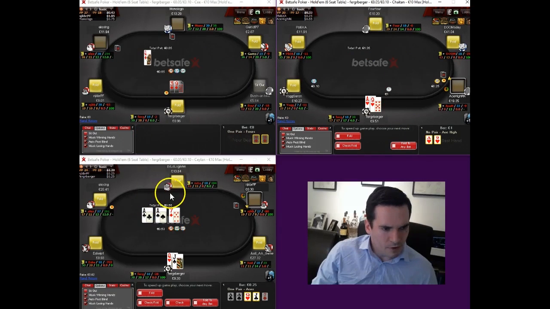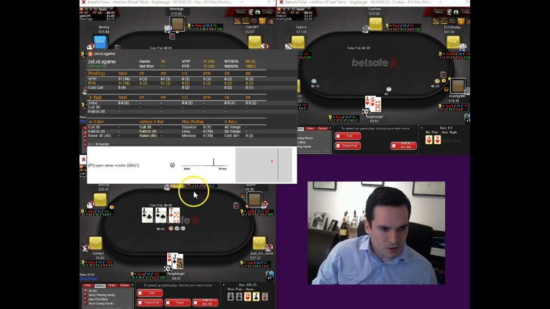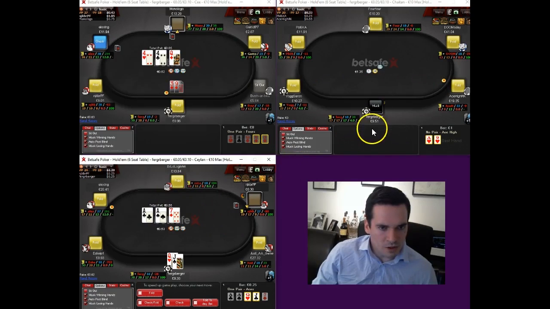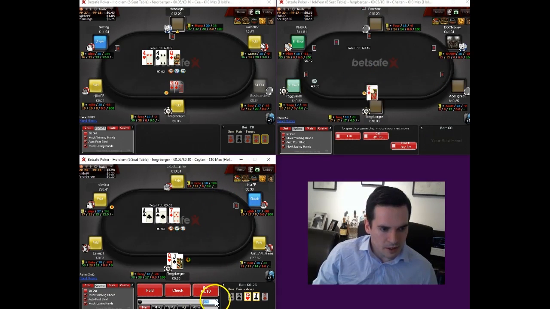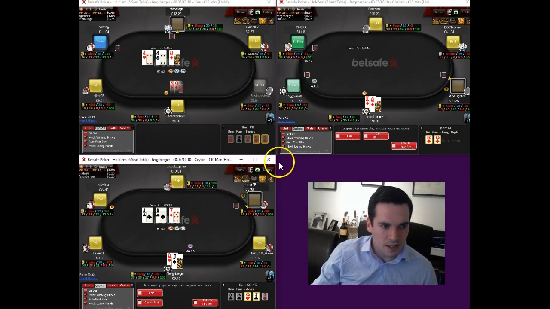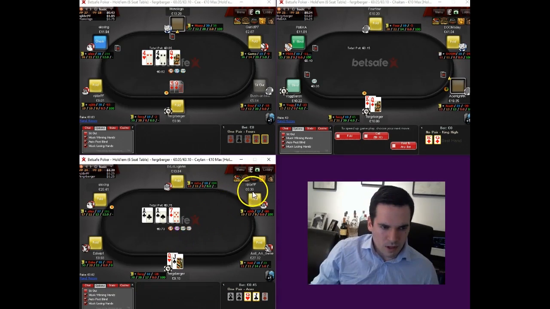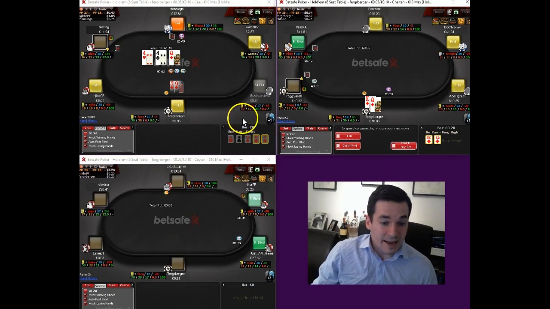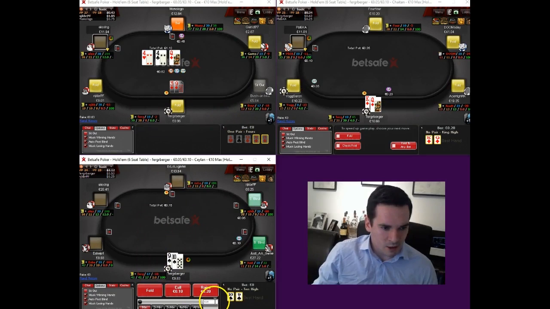Not a very good flop for us over on the bottom left table. We are just going to fire one and done, and we're going to fire quite small here because I think a small bet is going to accomplish the exact same as a larger bet. So we're going to go 20 cents into 53 cents. Mainly we're just going to be folding out a lot of hands that we're actually ahead of there, but that's not necessarily a terrible result, because it's going to be very tricky for us to call down there